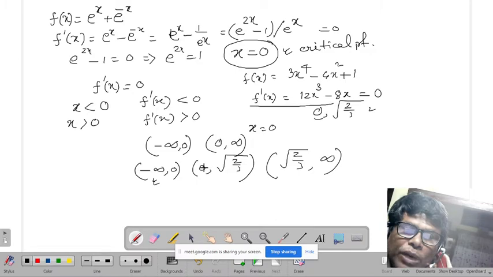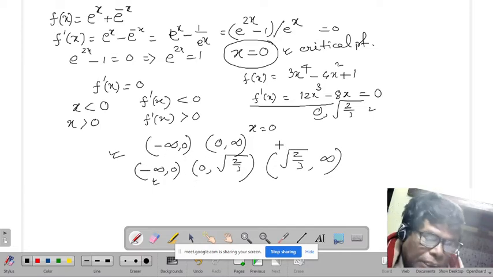Next, you have to find out the right side of 0. Check any value. Now what is this value? You can guess it from your calculator. You use a calculator, you will get it. Take the positive value. So 0 and this region, you check it. In this way you have to find out the nature of the curve in the interval.